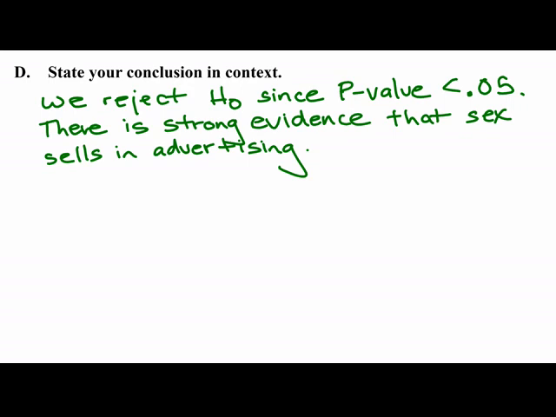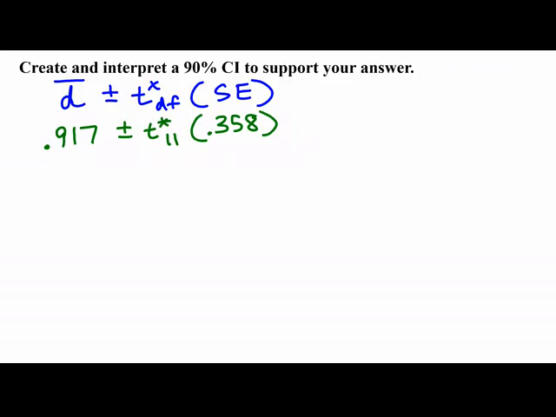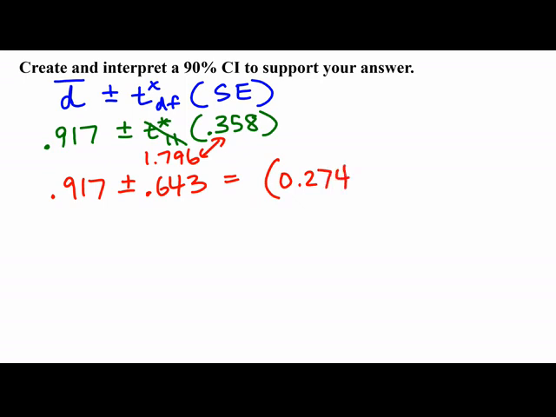All right, let's move on to the confidence interval and wrap this up. Basically, it's the mean of our differences. We've got our standard error, so that's going to be involved in the formula here. T star 11 is going to be 1.796. 0.917 plus or minus, let's get our margin of error by multiplying these two numbers together. So our margin of error ends up being about 0.643. And if I go ahead and add those two together and subtract them, I wind up on the low end of 0.274